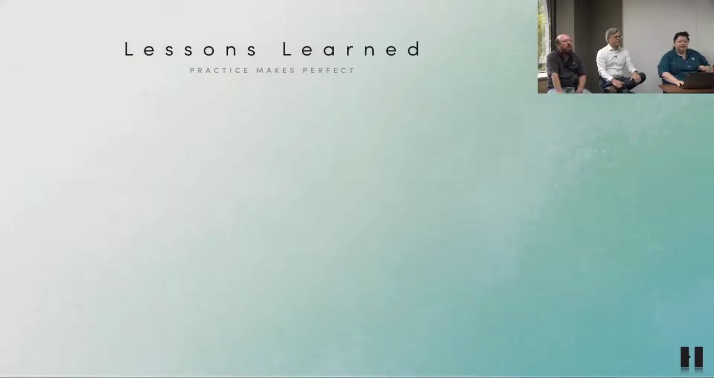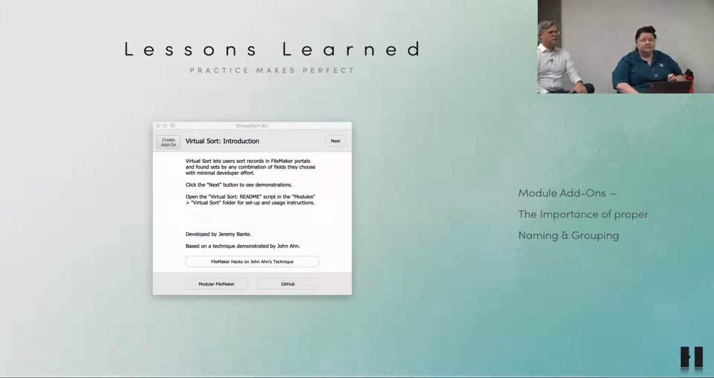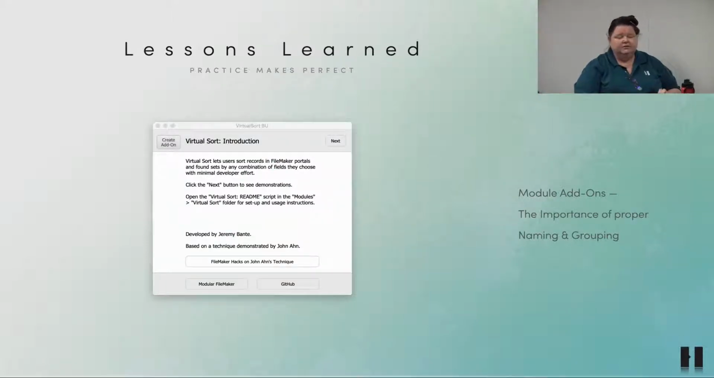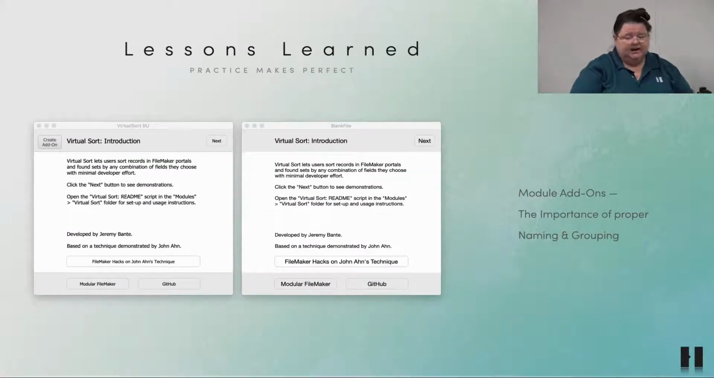All right, so I'm going to demonstrate the importance of naming conventions and grouping using a module type add-on. For this example, I started with a backup copy of the virtual sort demo by Jeremy Banty, which includes 6 layouts, 6 tables, 1 value list, 4 custom functions, multiple scripts, and thousands of sample records. Other than the addition of a create add-on button, no additional changes of any kind were made to the file. I then installed the resulting add-on into my blank file, and I went to the demo instructions layout,